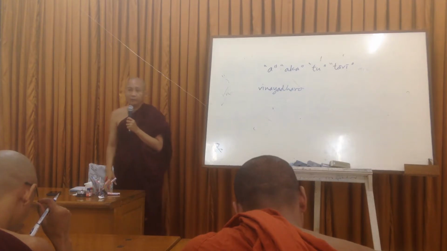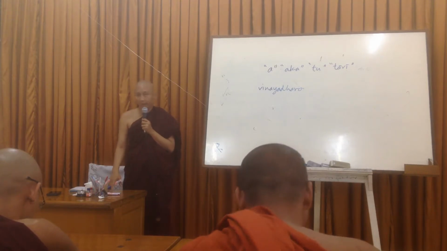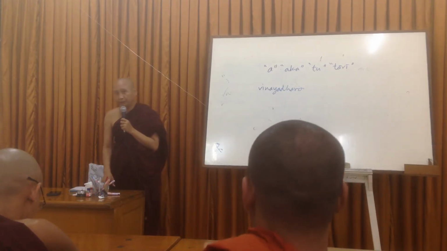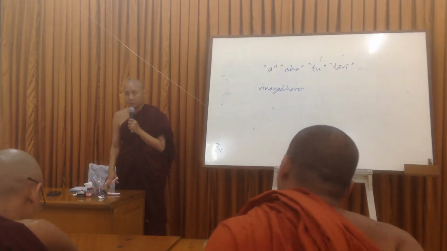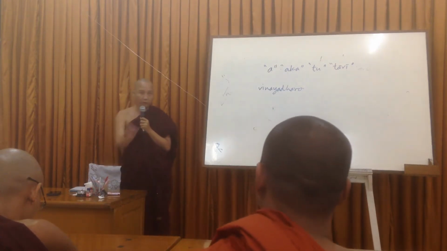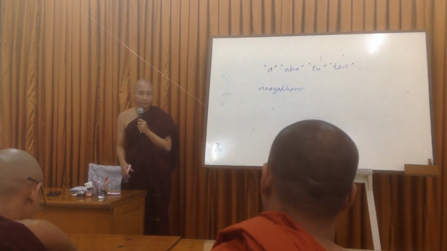All of the discourses are called the Sutta Pitaka. The Vinaya Pitaka is the five Vinaya texts. The person who memorizes, who learns by heart, all five treatises of the Vinaya Pitaka,